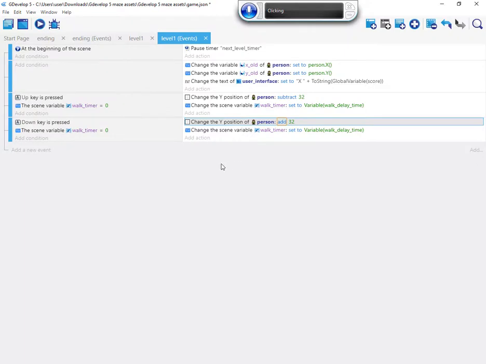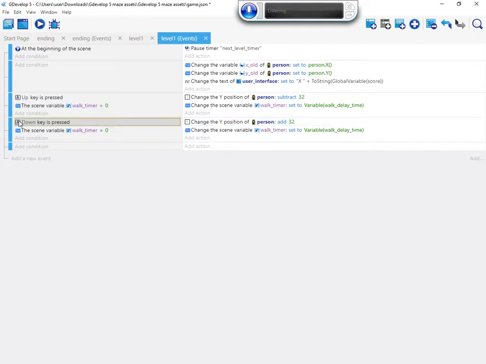That walk delay timer, because it's not 0, there will be some time, a third of a second, that goes by before the player moves again, and then the game mechanics will be a little bit more challenging, but not crazy speed fast and out of control where you can't position yourself down a narrow